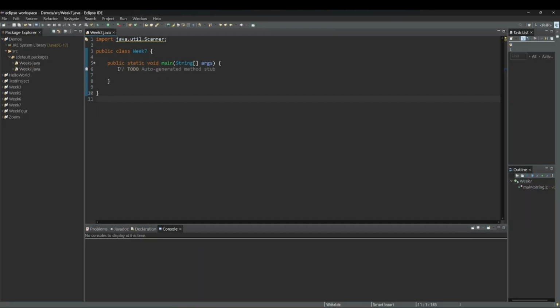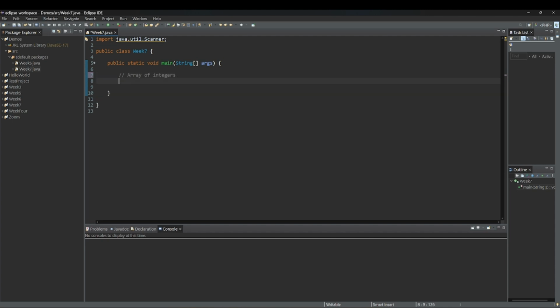Okay, so I went ahead and created a new class. This one's simply called week 7. And there's a simple way in which we could do basically just arrays in Java. We're going to use the same idea as last time with the different student grades. So I'm going to go ahead. If we want to say, let's say an array of